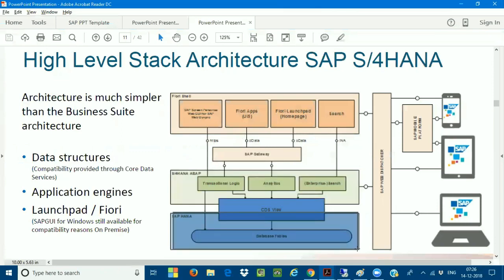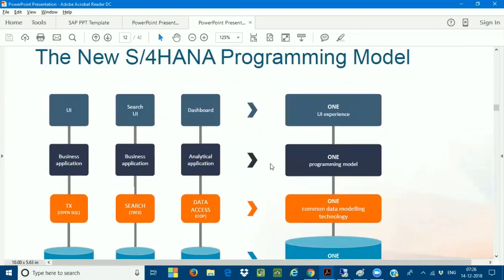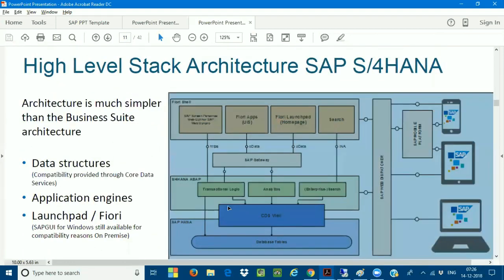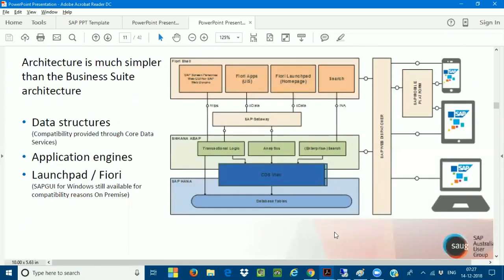Now, what is the release of the HANA database as of now? 2.0. Like we are calling the release of SAP S/4HANA on-premise 1809, 1709. Now the latest one, SAP HANA 2.0, is the database release. So this is how it is going to connect to your data structure. Now this is coming to the programming model: one user experience with one programming model. I told you, one common data modeling technology. From today onwards, we have one common database technology we are going to use for the CDS views. This is the technical part.